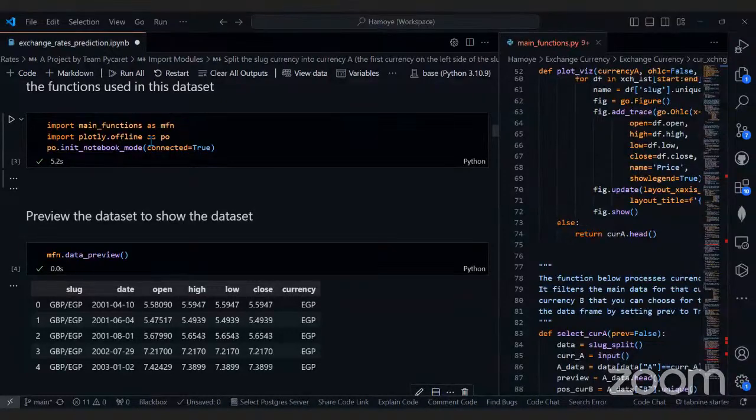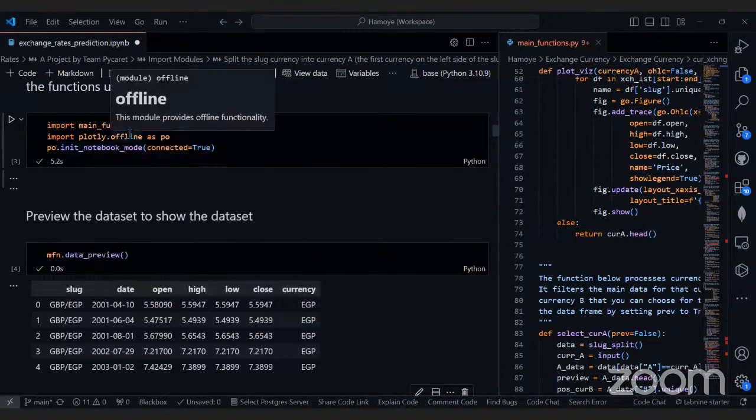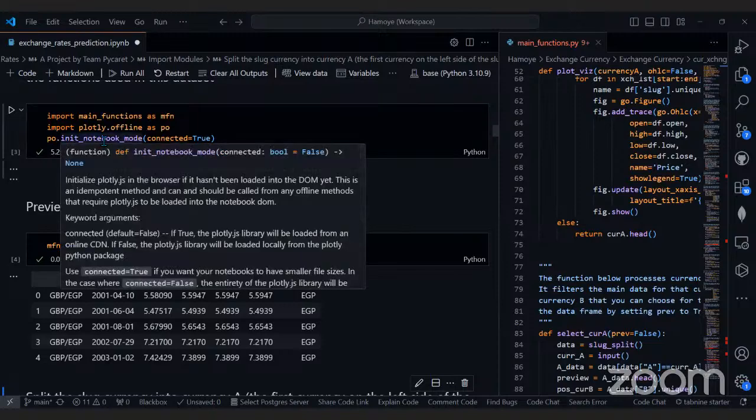Here is where we import these main functions as MFN. Then we brought in our library, plotly. This init notebook mode is something you need, especially when you're working with plotly. I don't know if you've noticed, or maybe someone has used plotly, and when you send it to GitHub, you are not going to see the visualization. You can't see it if you are viewing your notebook on GitHub. That's because plotly needs a kind of rendering in order for you to see a plotly chart on GitHub, but that process is usually going to take time.